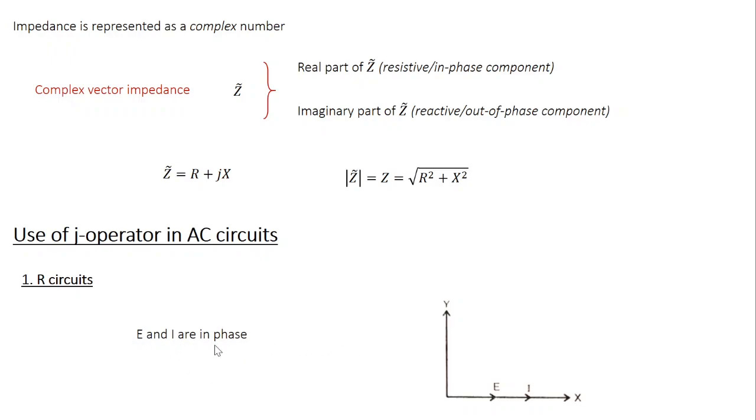Now how do you represent the phase relation? Look at the impedance. Once again, I have a real part, which is the resistance, and an imaginary part, which is the reactance. In the case of the R circuit, the reactance part is absent, only the resistance is there. And from the Argand diagram, we know that the real part is plotted along the x-axis, right? So both voltage and current here are plotted along the x direction.